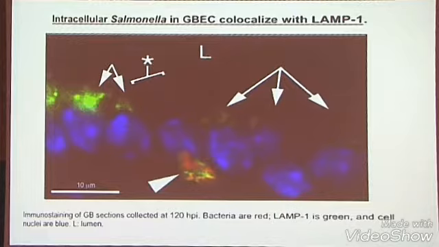Now, we started to look, well, are they inside cells and do they localize with various markers? LAMP1 is a marker that stains lysosomal glycoproteins. And so normally there's a nucleus here, and the LAMP1's up in the apical surface here. When you infect with Salmonella, all the LAMP1 up here disappears, and it all traffics to the Salmonella, which are at the basolateral surface of these things. So there's a big rearrangement in the vesicular structures in these cells, and LAMP1 then targets to the Salmonella. And this is a big indication, probably, that the Salmonella are inside cells in these LAMP1 positive areas.